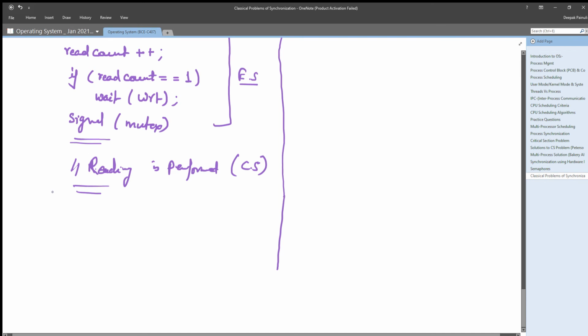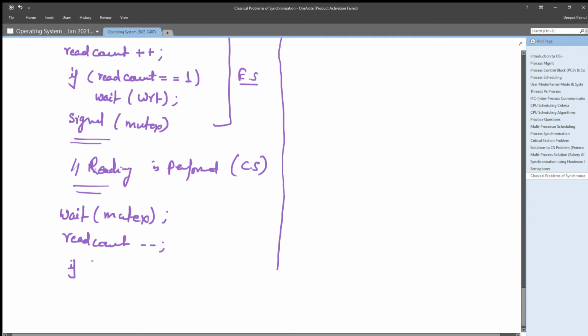Okay, after the critical section, what it will do, it will perform wait on mutex and decrement read count. Decrementing read count is simply signifying to the operating system that it has already performed its reading operation, right?